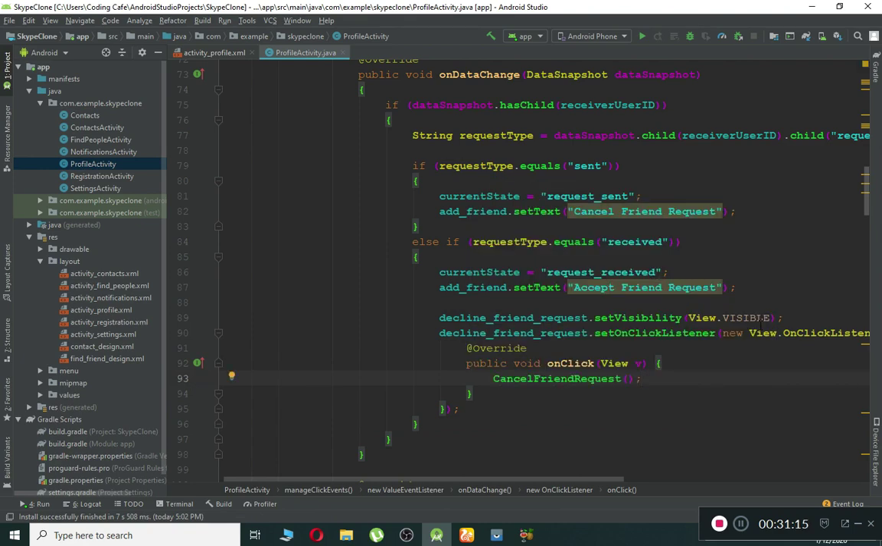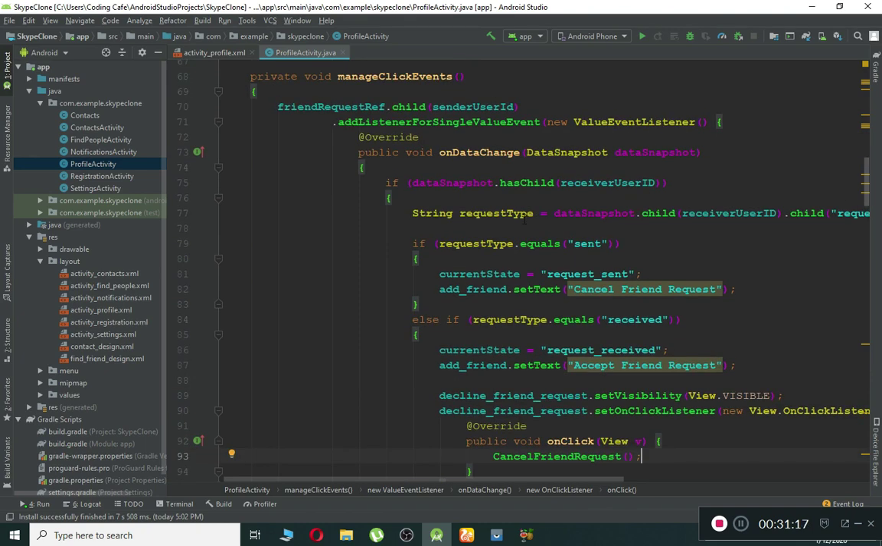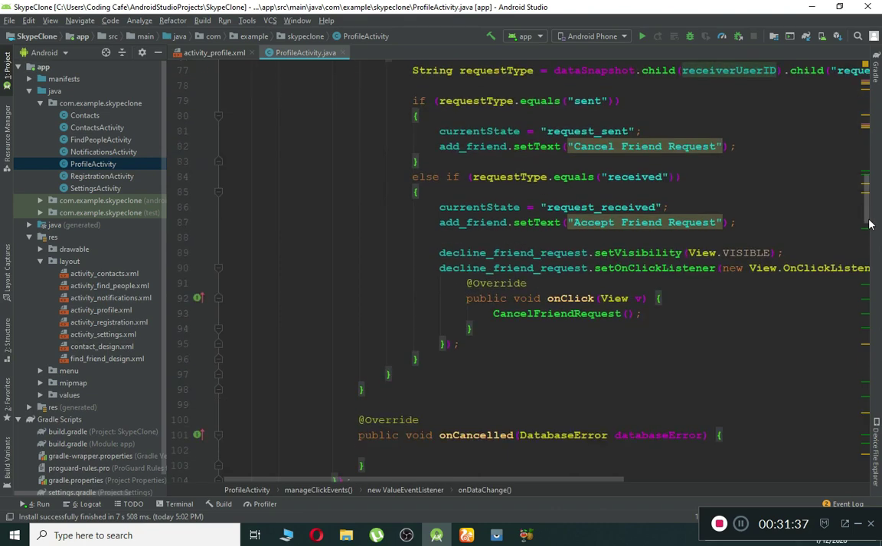So as I told you, if the sender has the receiver ID, then we are executing this if condition in which we wrote the send and receive code. Now the next thing is, what if the sender ID does not contain the receiver user ID? Then in that case,